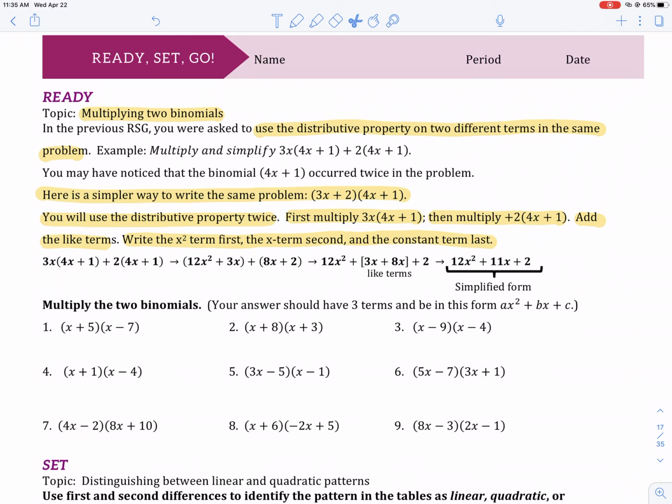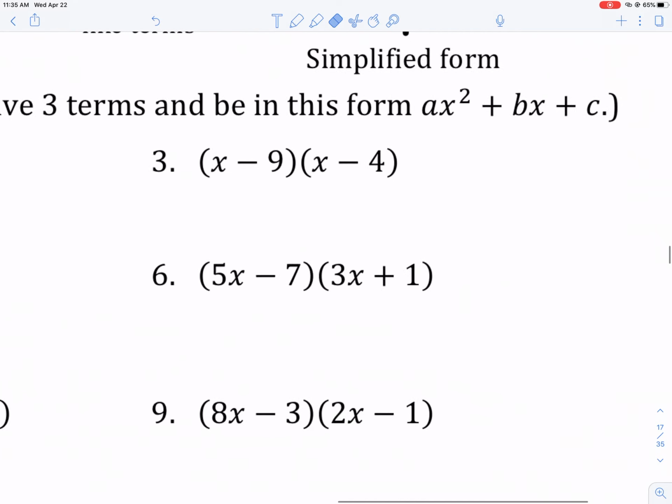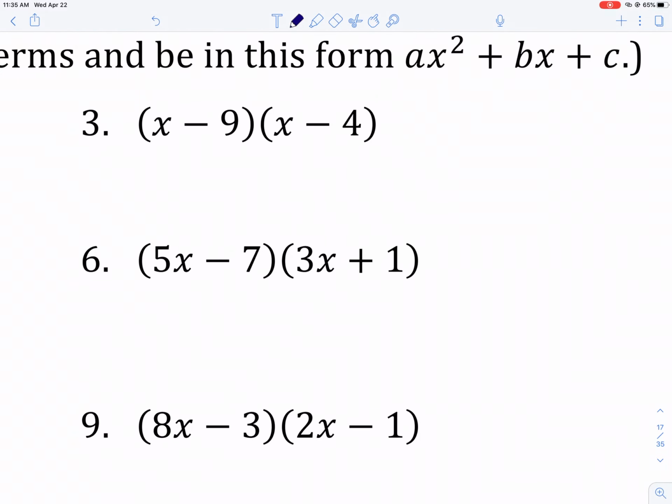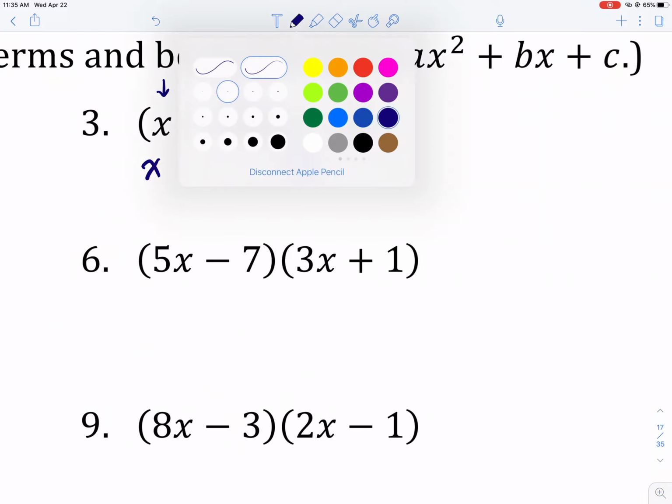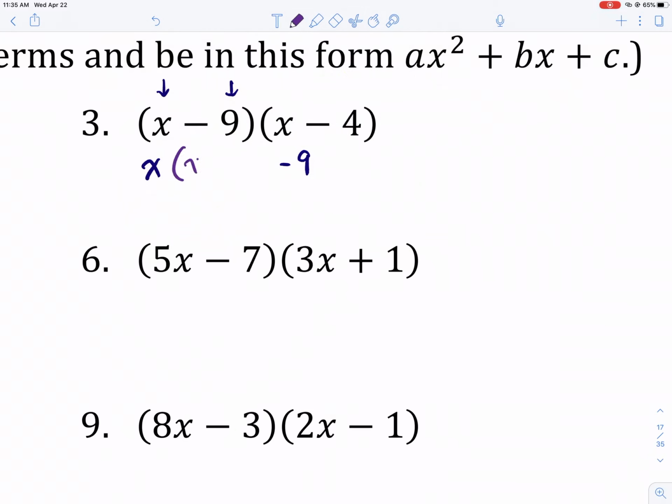All right, let's look at an example here. Of course, we have the example that's given there. I'm going to use the subtraction problem. So we're just basically taking this first term x and the minus 9. We kind of split that up. And then we're going to use the x minus 4 twice. So we go ahead and take the x, multiply it by the x, get x squared. x times negative 4 is going to be negative 4x minus